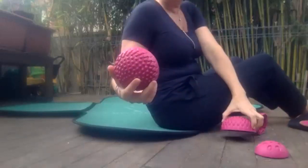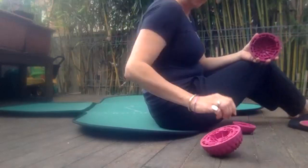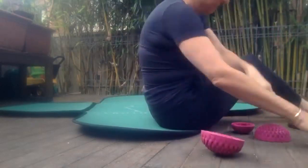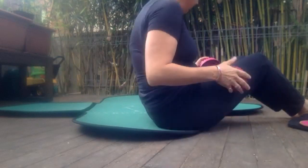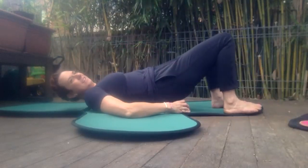Let's get the big ones, but they're going to be full. So we're going to have them completely stuffed with all the different bits and pieces. Fill up the big ones. Yeah, fill it up. Okay. And then we're going to lie down and we're going to put these underneath